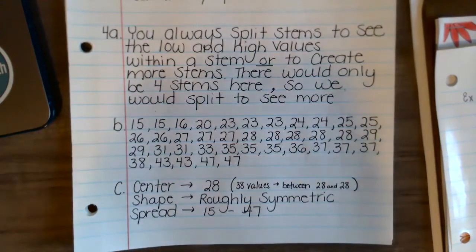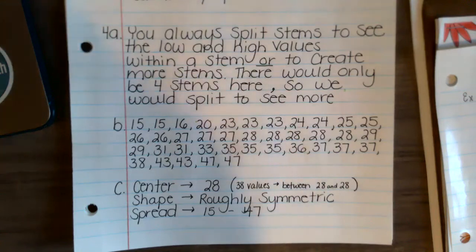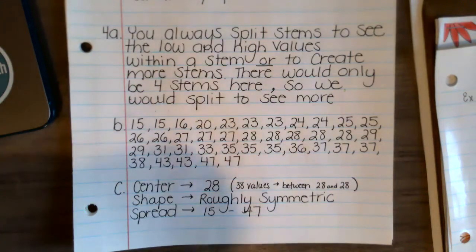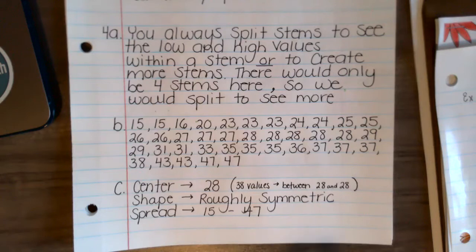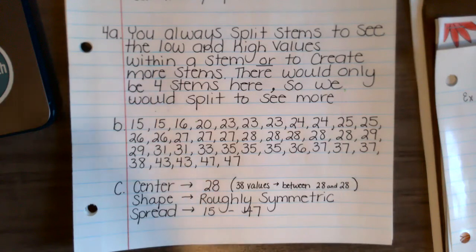It asked why we split the stems in this data set. So it already had this stem split. There's actually 2 reasons that you split cells. One is to see the lows and the highs within a stem. Remember that when you split a stem, it's from 0 to 4 and then 5 to 9. So if you want to see the low 60s and then high 60s, you can see that in a split stem. The other reason that you'll do it is because if there aren't many stems and you want to